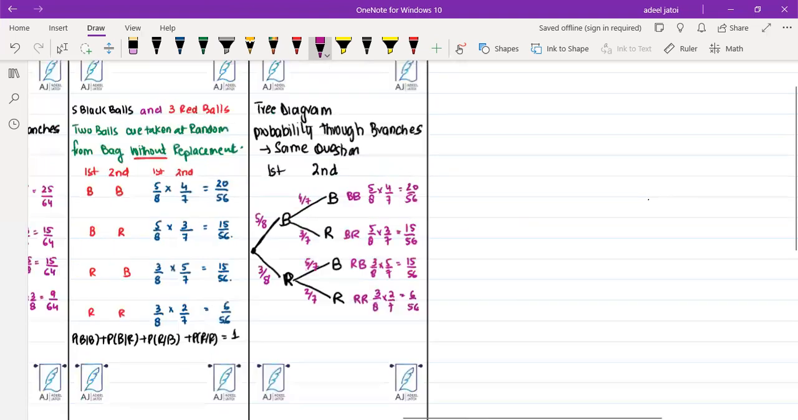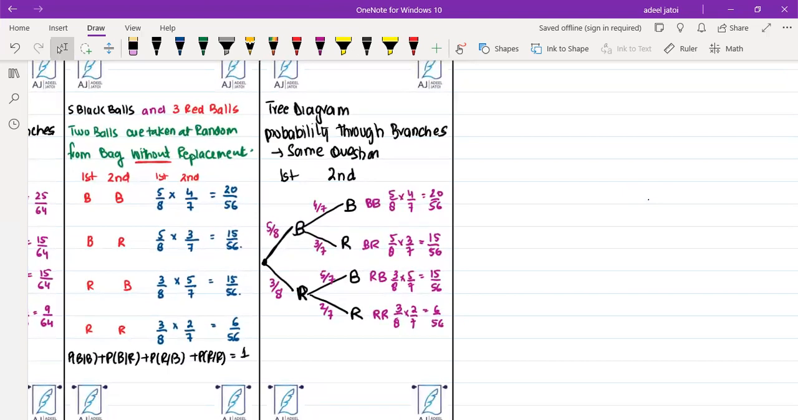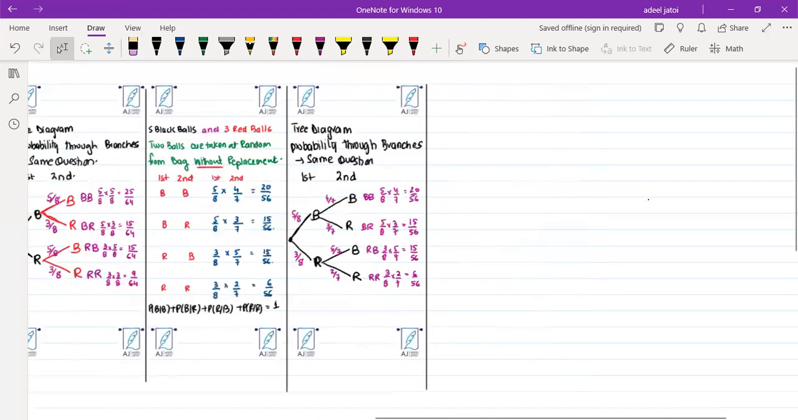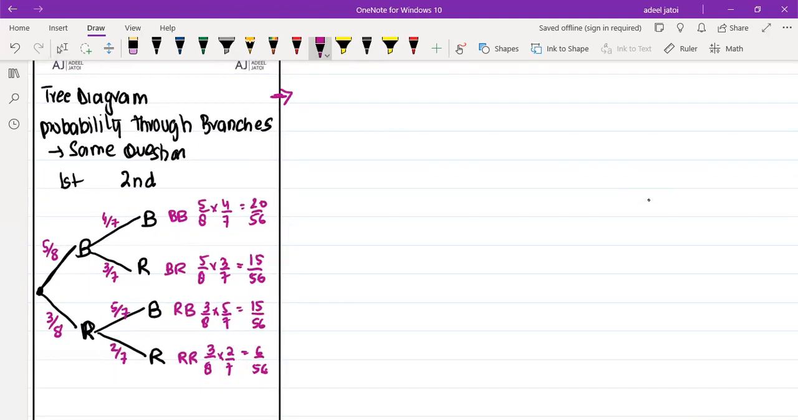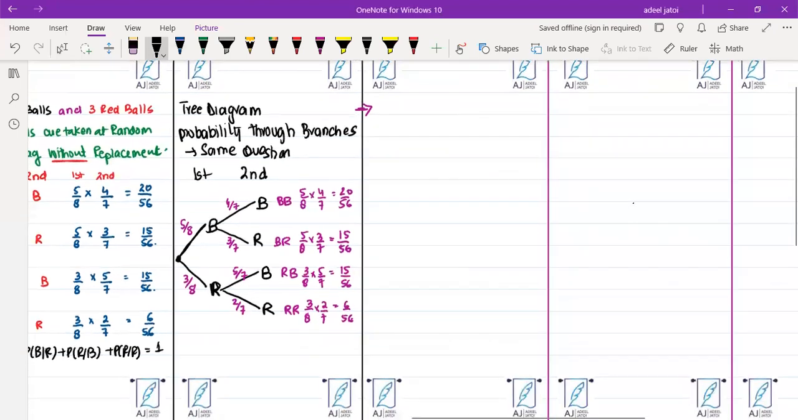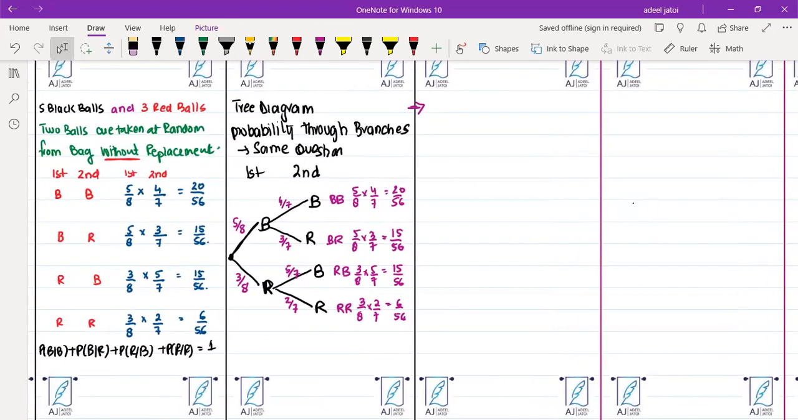So the tree diagram is represented through branches, and this is just the same question, but obviously represented in the tree diagram. Now, the question can be very different. The questions, as I said, can be linked to these tree diagrams, or the normal question can be, write down